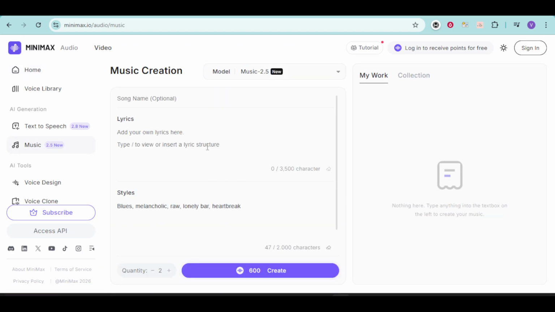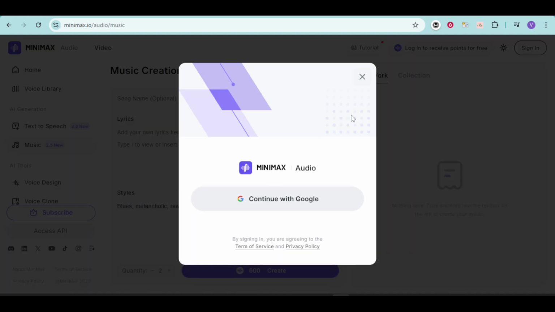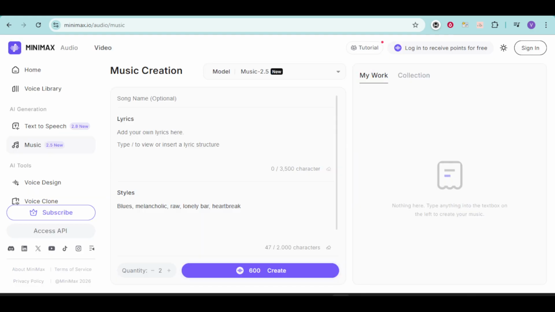Then after that, you can input right here your own lyrics, or you can type view to see the lyrics structure. You can also choose right here the style. Click onto this create option right here. And then you will be prompted to sign in. So once you're done signing in, you should be able to find right here your music creation generated under